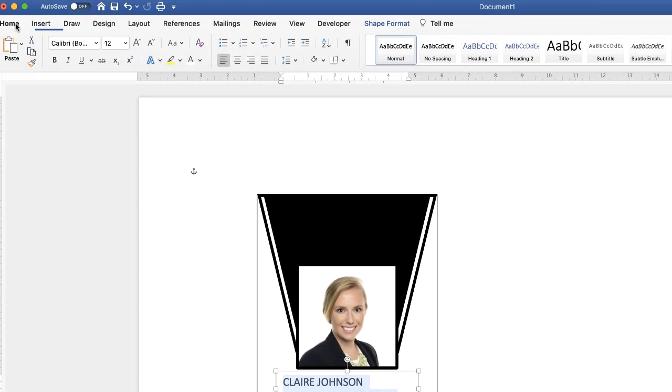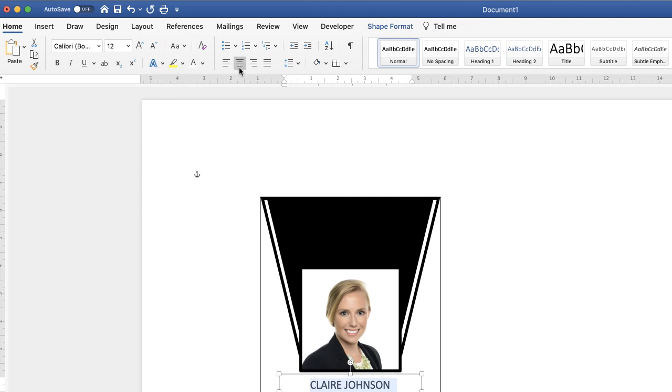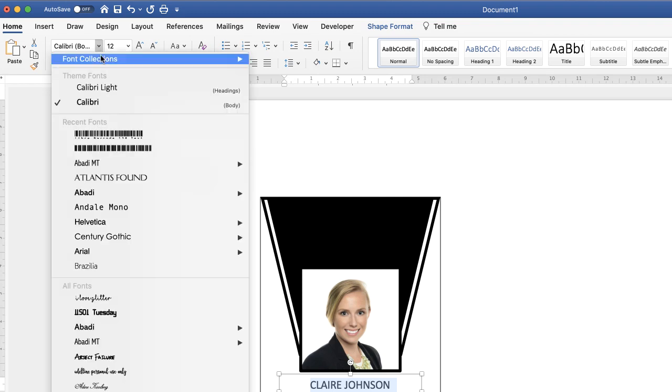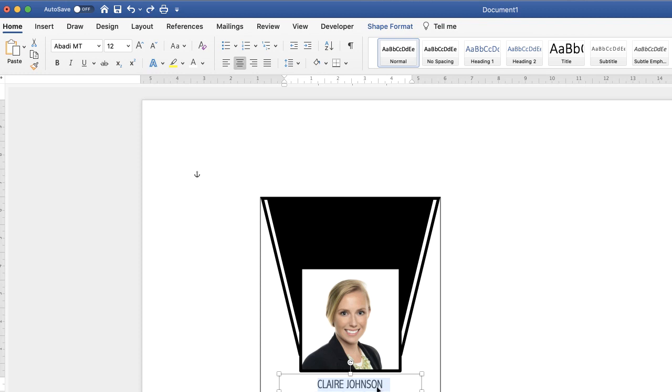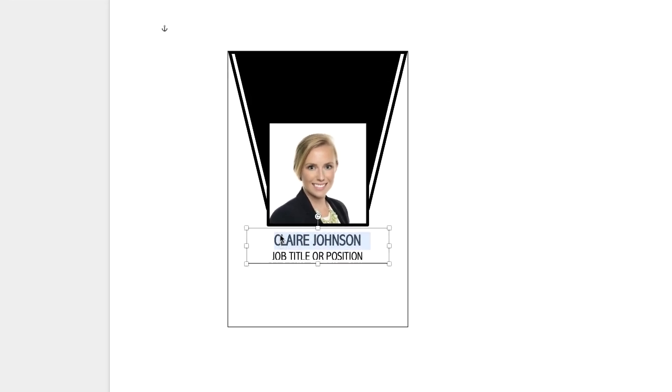then double click, Command or Control A will highlight all of the text within your text box. Go to the Home tab. I'm going to center this text, and then I'm going to make some adjustments to the text. So I'm going to change the font. I'm going to choose a very narrow font. And then I'm going to change the name to bold. So again on the Home tab, I'm going to increase the size of it. And then I'm going to adjust the position of the characters by increasing the gaps between the characters of my